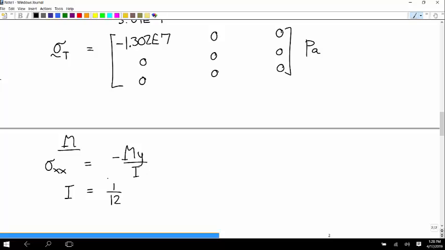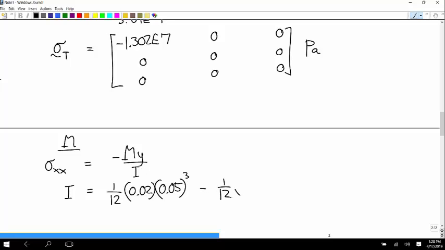They both have the same neutral axis, so we don't have to use the parallel axis theorem or anything like that. So 1/12 times the base times the height cubed